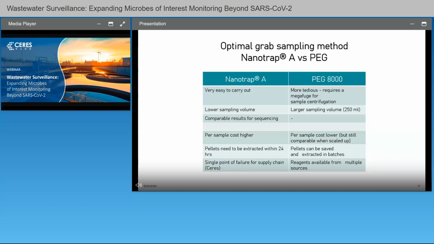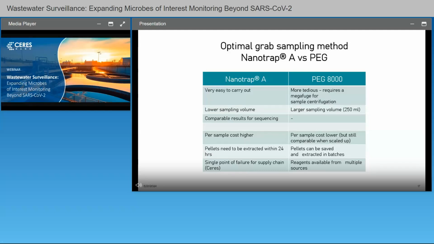So we tried to look at the pros and cons of each method, because these two methods, Nanotrap A and PEG, were in our opinion the ones performing the best. If you look at it, the first point is that Nanotrap A is very easy to carry out, and PEG 8000 precipitation is more tedious. This is the tiebreaker that allowed us to say that we are going with Nanotrap A. For Nanotrap A, the sampling volume is around 40 ml, and for PEG 8000 we use around 250 ml. I believe that's the reason why the recovery efficiencies of these targets with PEG are comparable to Nanotrap A, because we are using